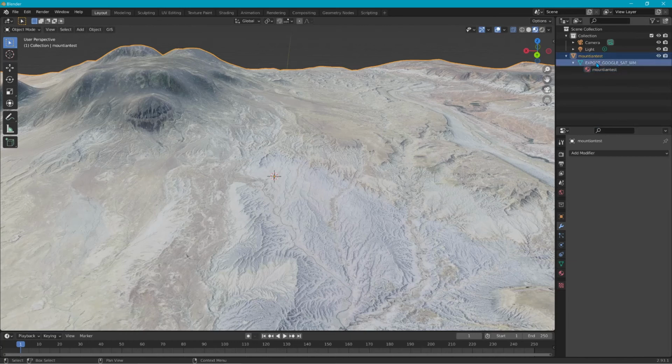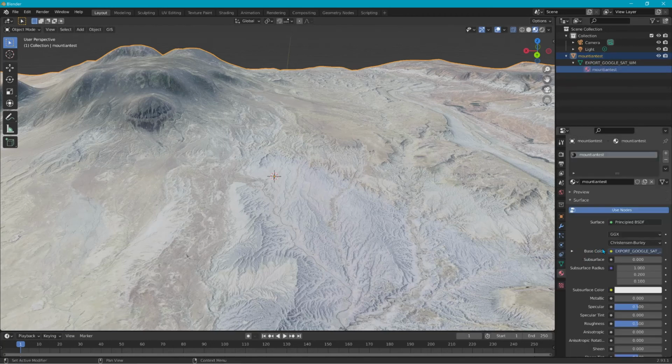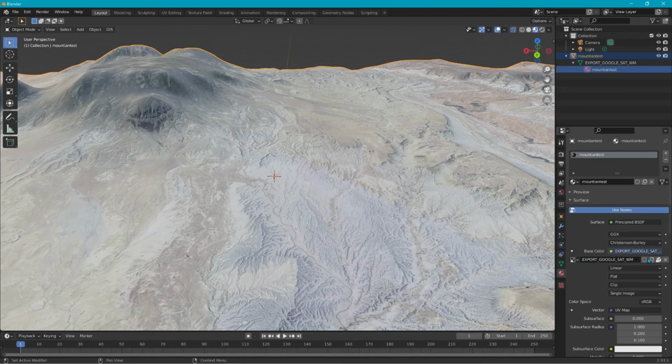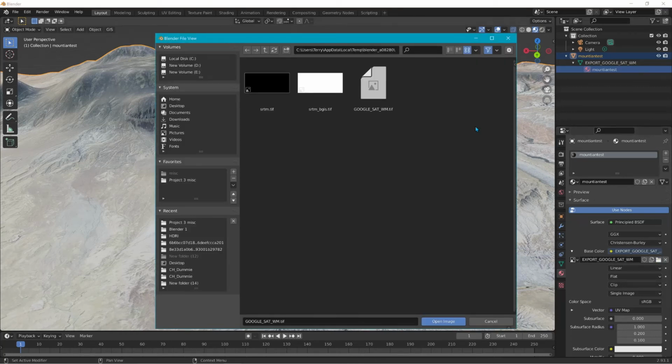Now you're gonna have to go down here to material properties, and where you see base color, undo this, and right here unpack item and use file from current directory. Error creating. Well, apparently it unpacked it. All right, this location,